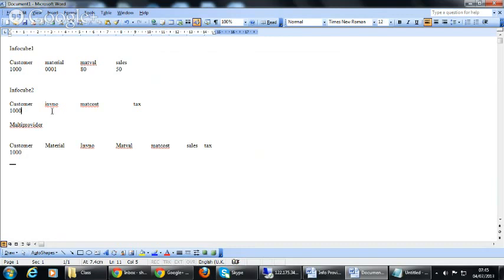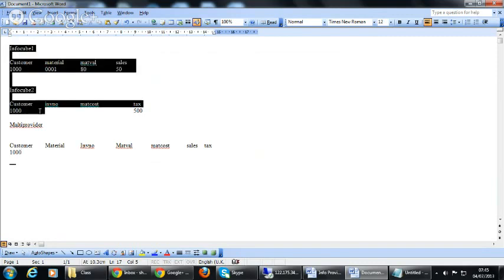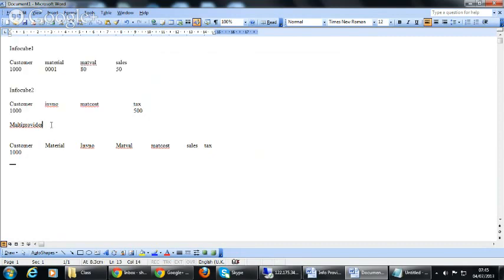You don't have a value for the invoice, you don't have a value for the material cost, and you have some 500 tags or something. So for this data, you have consolidated this data, right? A multi-provider is a union query. It's just a union of both the cubes. When you add two cubes, it is a union of the data.